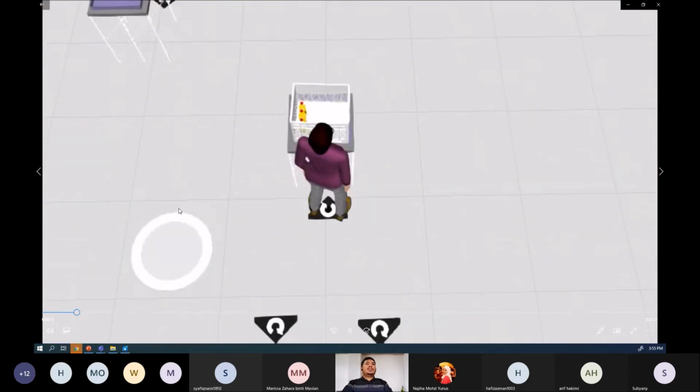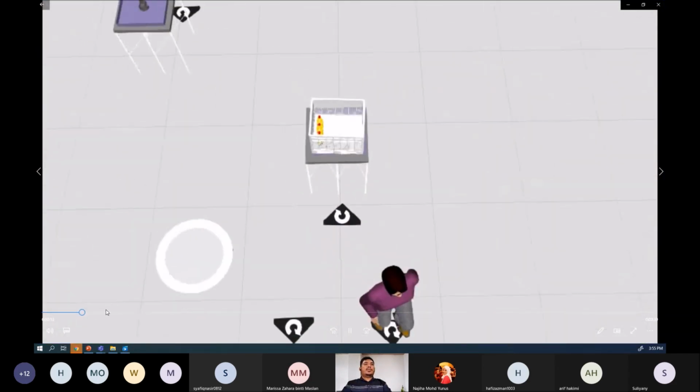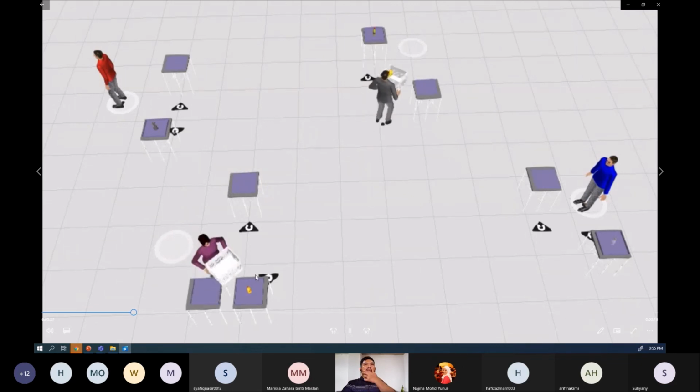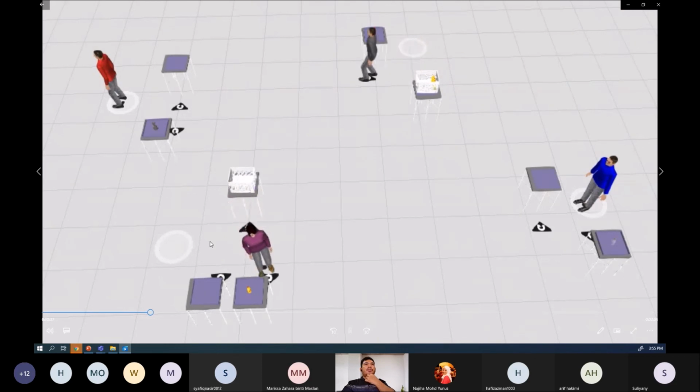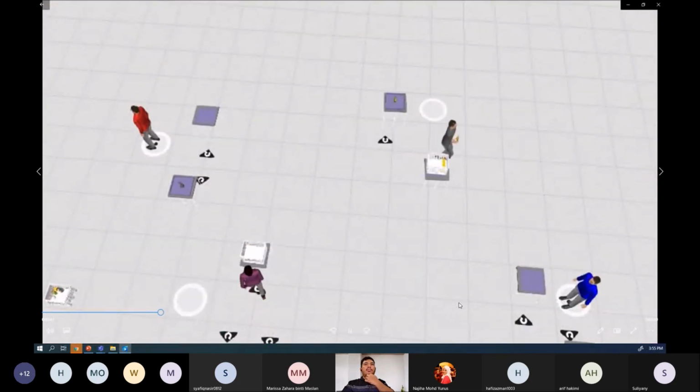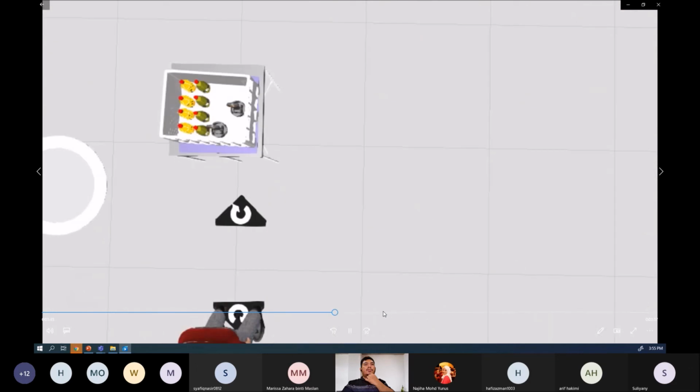Okay, this is the simulator that I did for lean manufacturing. I tried to simulate the digital manufacturing class, where students will learn how to improve the factory layout. You can see the first station is working, then the second station is working, while the third and fourth have nothing to do. So the layout is not good.